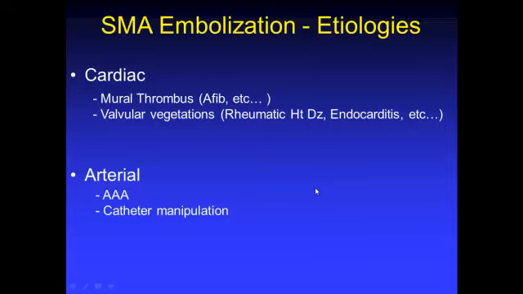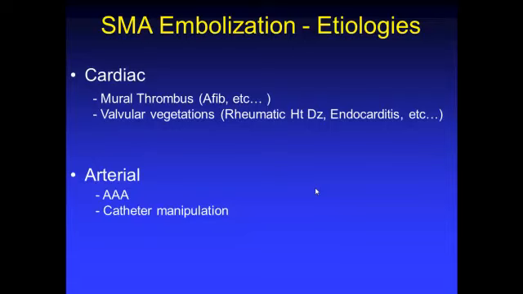Okay, so this will be part two of the acute mesenteric ischemia discussion. And one thing I want to go back to just for a few moments before we move on to the other types of acute mesenteric ischemia is with the SMA embolization. Again, we emphasize the most common etiology as some cardiac source. So a mural thrombus, most commonly from atrial fibrillation, or in other instances valvular vegetations, can originate in the heart, embolize out to the periphery, and in this instance the intestinal tract and specifically the superior mesenteric artery, and cause